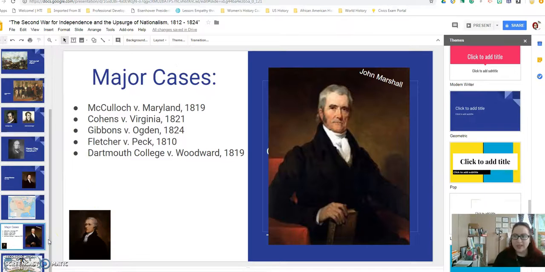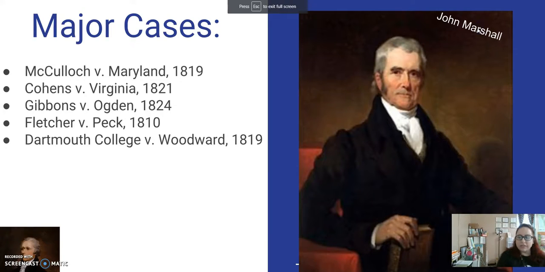Okay, so to finish out that thought, Marshall is definitely a Hamiltonian, and the Hamiltonian vision gets carried through into the future. Right? Of the two, Jefferson and Hamilton, Hamilton's vision for America is closer to what we have today than Jefferson's vision for America. Jefferson really thought that the United States would be populated by gentlemen farmers who each had their own plot of land, and they'd be very moral, and everyone would be kept honest because they're all invested in economic endeavor and taking care of their own house and farm.